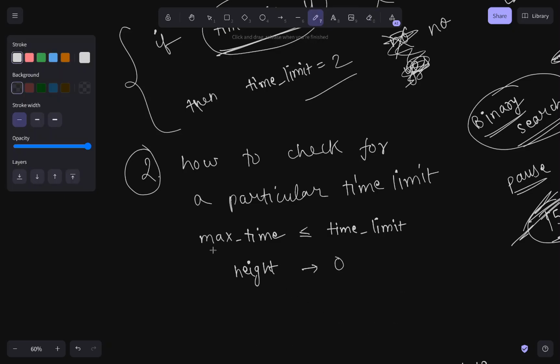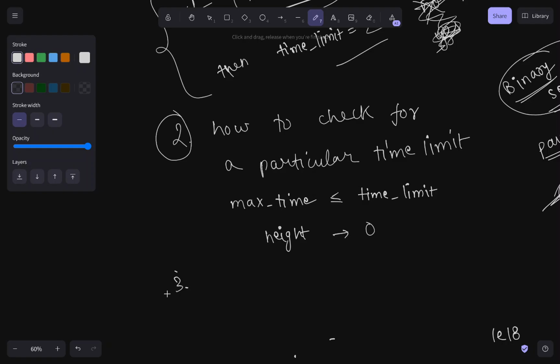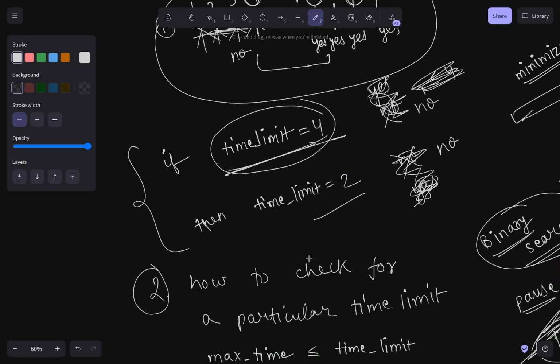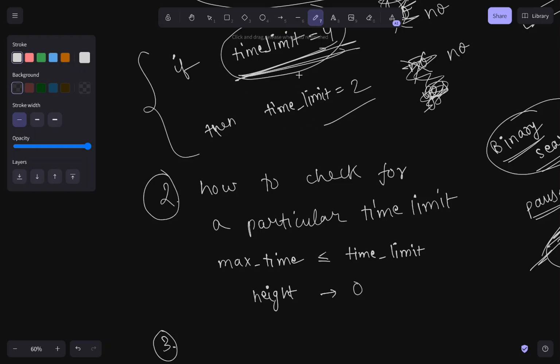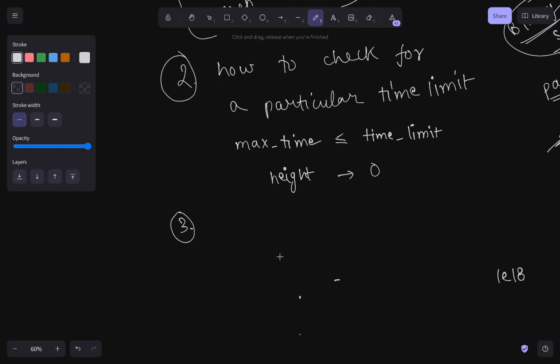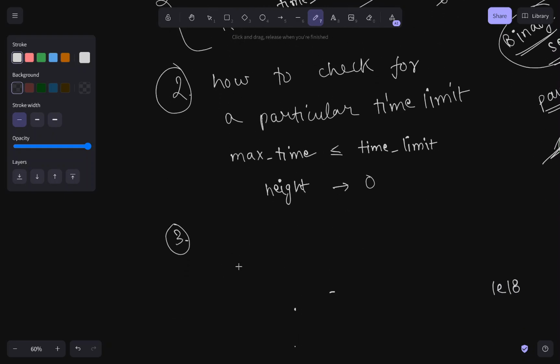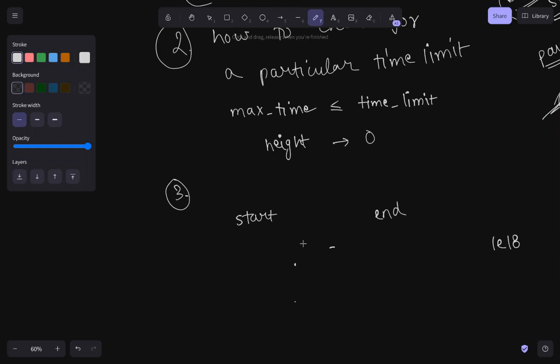And the third thing you need to think is, what should be the range in which you check for that value of time limit. Basically, what would be the starting range and what would be the ending range for binary search? So yeah, you can try to think of some exact values, like